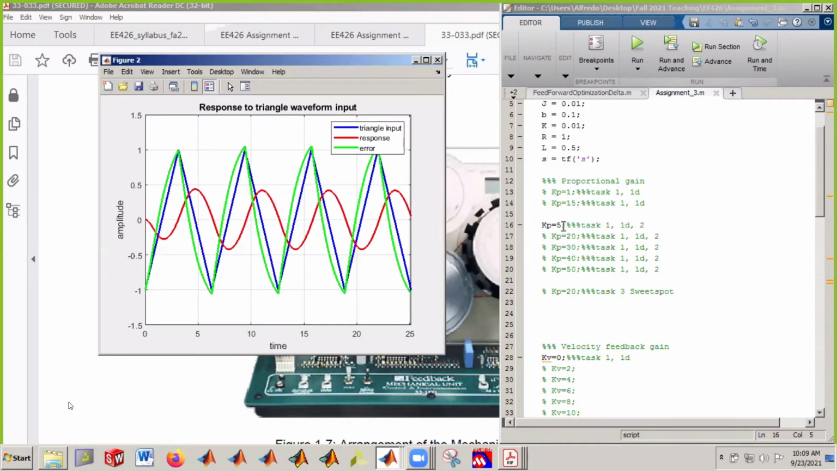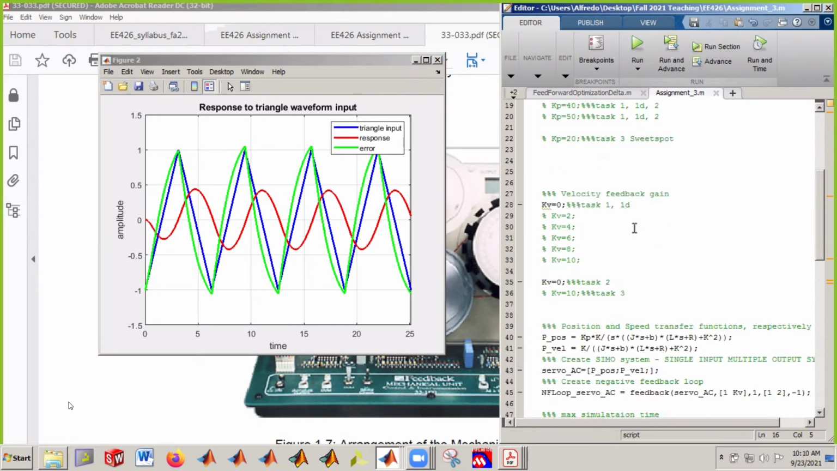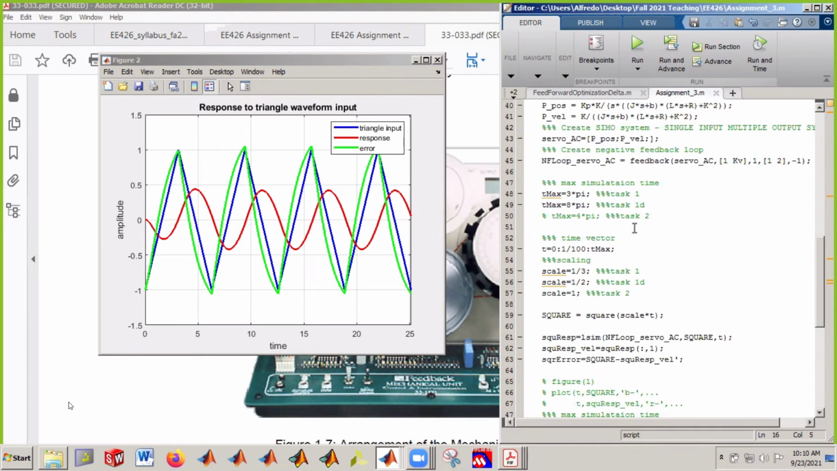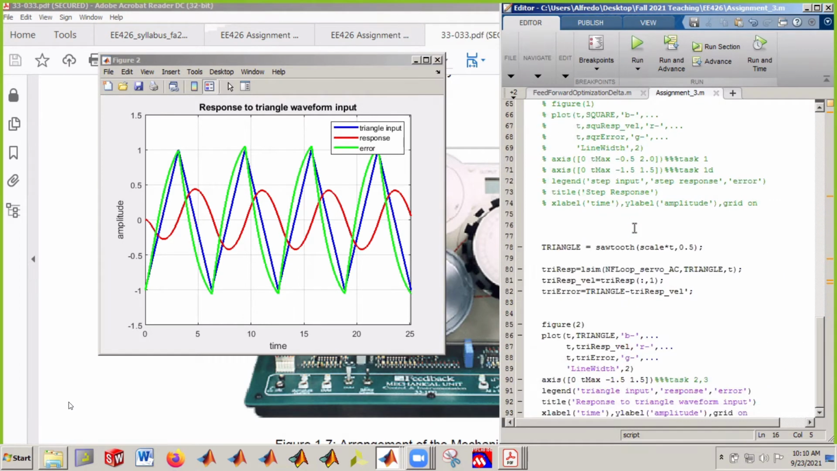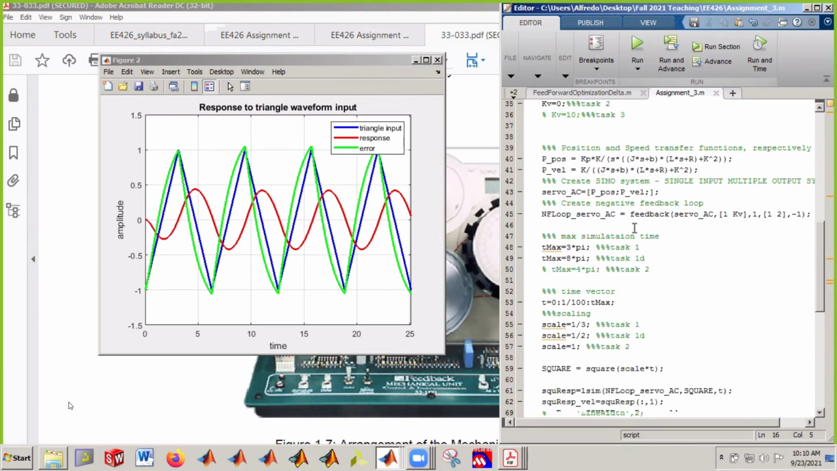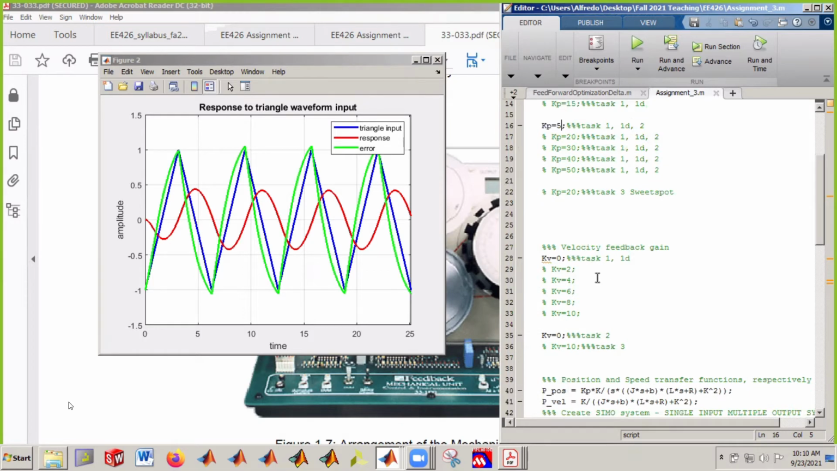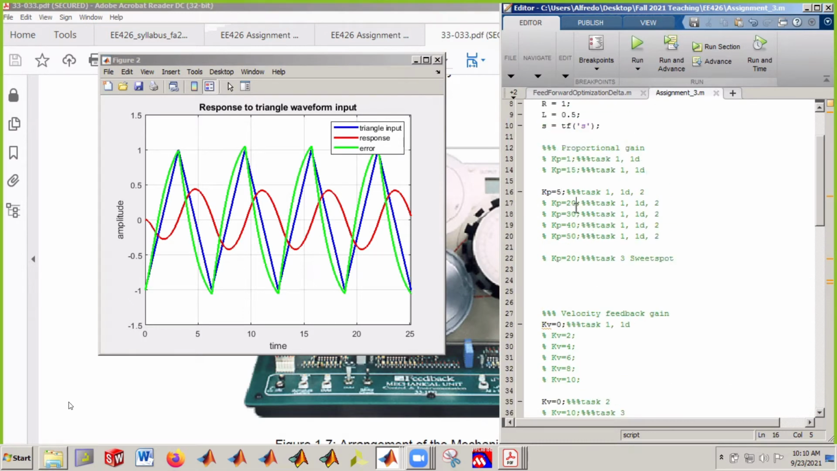You see, as you increase the gain, you could argue that the red signal is starting to look more like a triangle waveform, right? I mean, it doesn't look like a triangle, but it's getting closer to it. Let me see here. Kp equals 0. Yeah, this is correct. So now you're supposed to try all these gains here